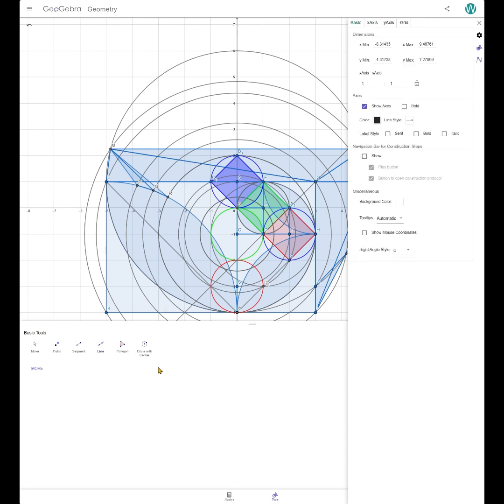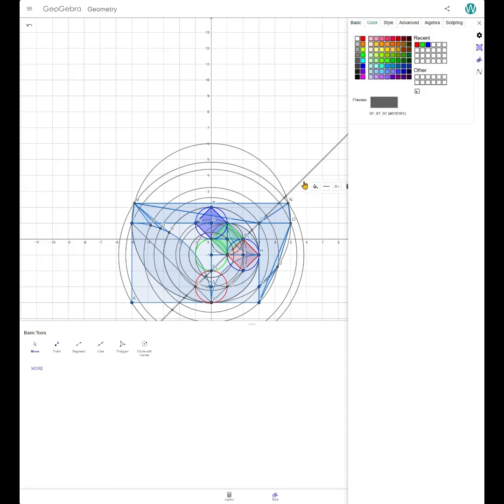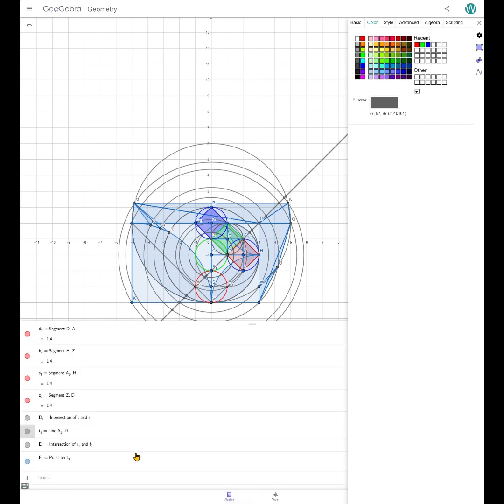We need a point there. Now we zoom out, grab a hold of that algebra, turn that line off, tools,